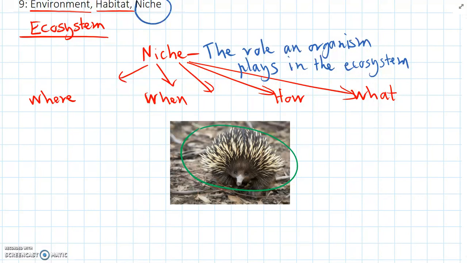And the types of things that we're talking about with the niche are: where does the animal live, where it lives, which is its habitat,